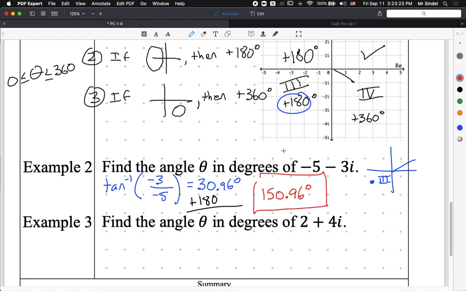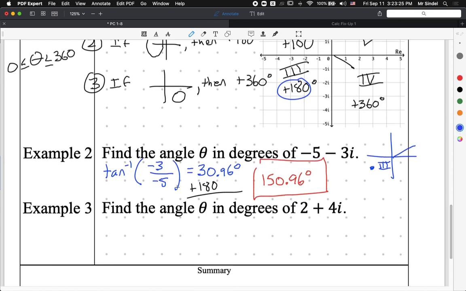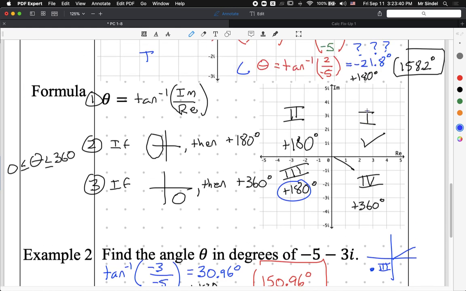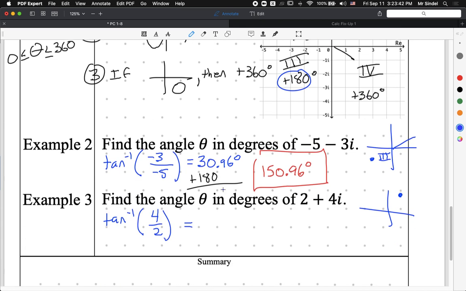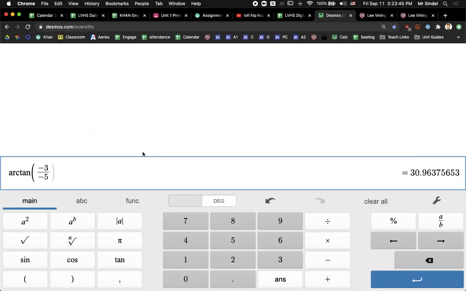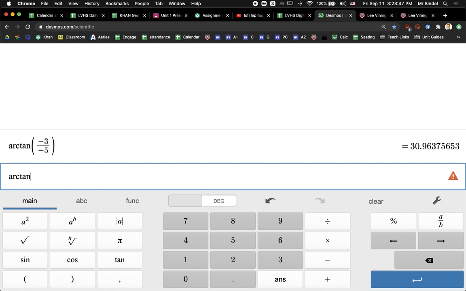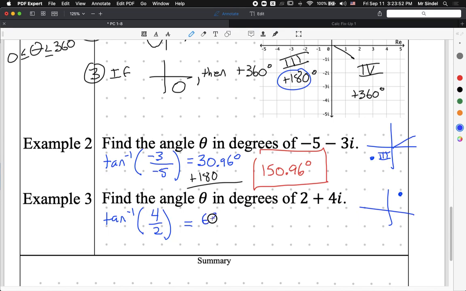What about example 3? Find the angle of that thing. Again, same setup. It's going to be arctan of 4 over 2, which is really just 2, right? And where is this thing? Let's go ahead and draw it really quickly. If I go 2 right, 4 up, it's in the first quadrant. And look, yeah, first quadrant, you don't have to add anything. So we're done after we do this. Let's come back over here to Khan Academy. So arctan of just 2, essentially. And that's 63.43 degrees. And no extra addition. That's the end of our